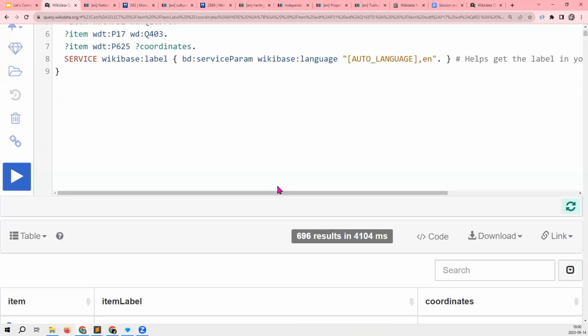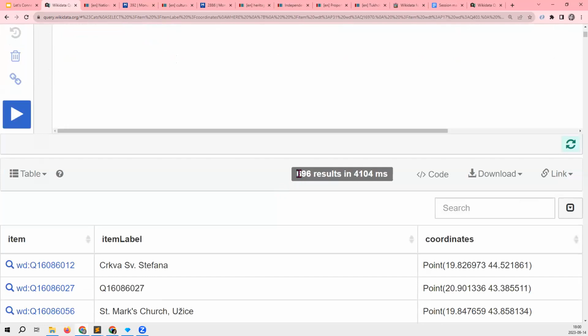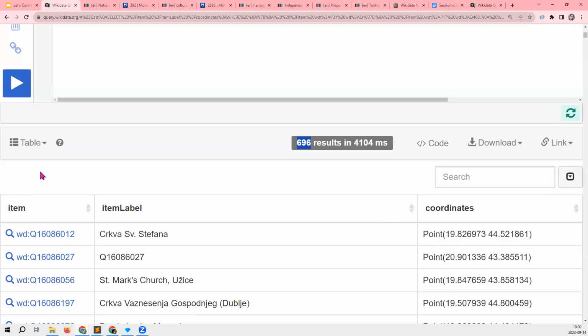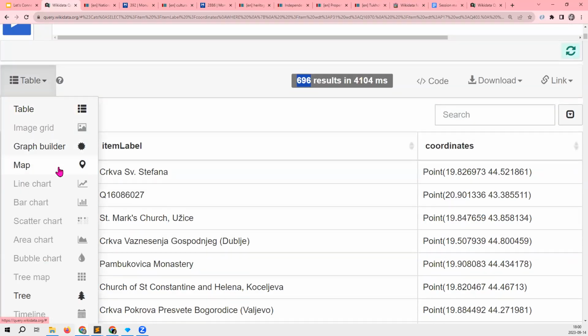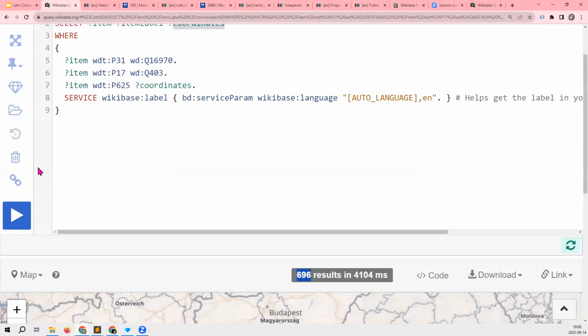Let's see how many we get. We can see that now the result is smaller because it only shows me the Serbian churches that do have coordinates. And here I can even switch to another view. Instead of a table, I want to see a map.